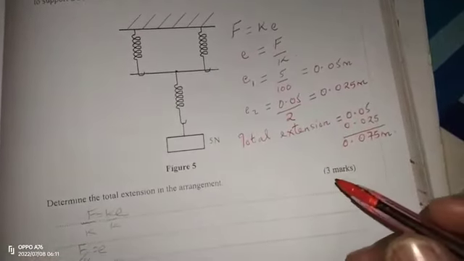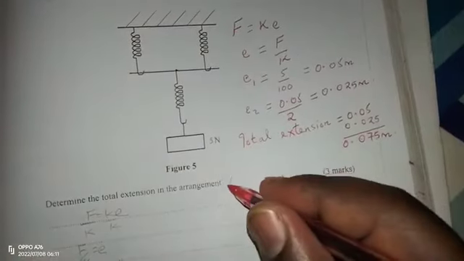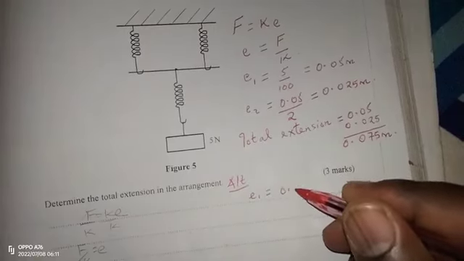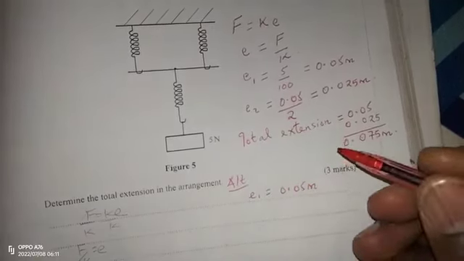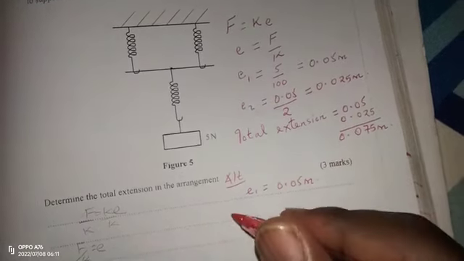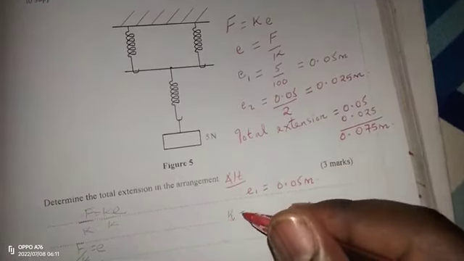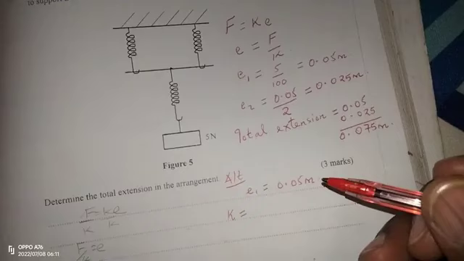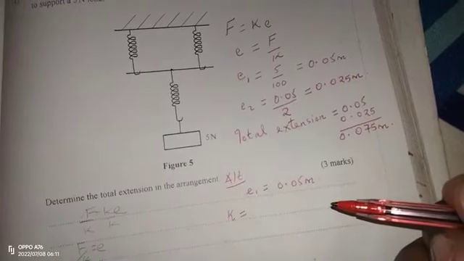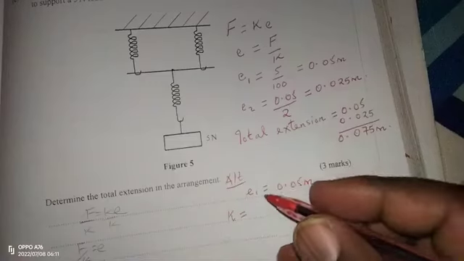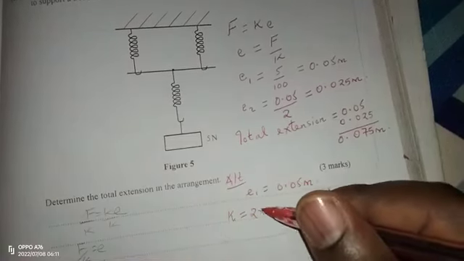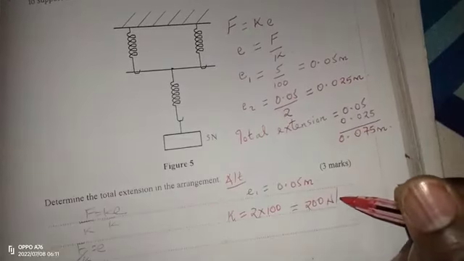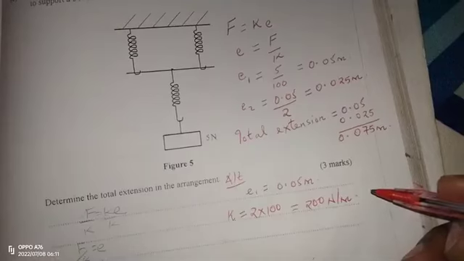Alternatively, we can come here and say that the first extension is equal to 0.05 meters as seen in the first calculation. But in the second case, there is what we call the spring constant. The total spring constant for springs which are in parallel to one another is the spring constant of one spring times the number of springs. Therefore, we will have 2 multiplied by 100, which will give us 200 newtons per meter as the combined spring constant,